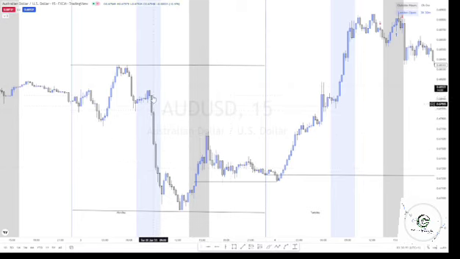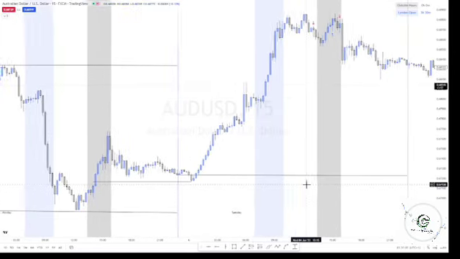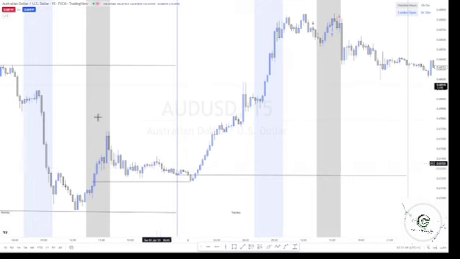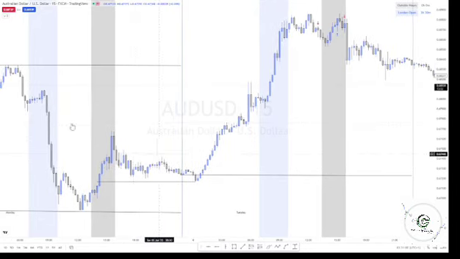This high, this high, this high, everything are points of liquidity, right? And because liquidity is much above than below, remember I told you yesterday, I said the market is going to where there is money. And where is the money? Money is above. So that explains the reason for this huge move,